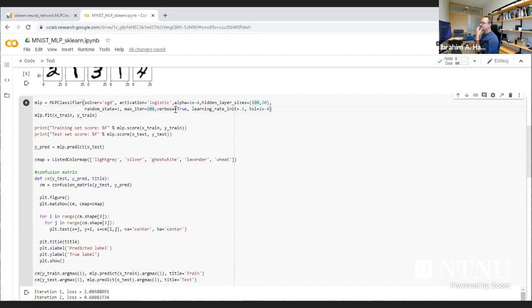Verbosity is to print out the outputs. The learning rate is 0.1. And this tolerance, I guess, is the stopping criterion for when you are reaching your goal. And then fitting, so when we train it,